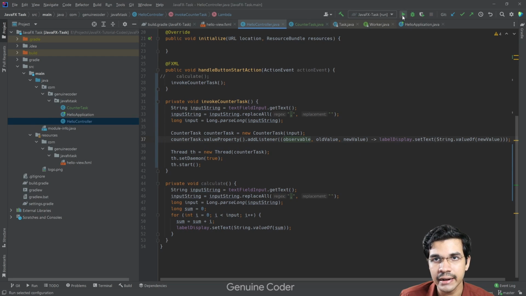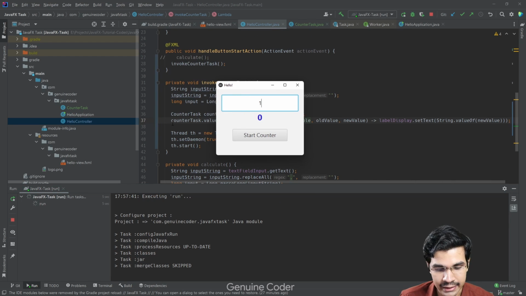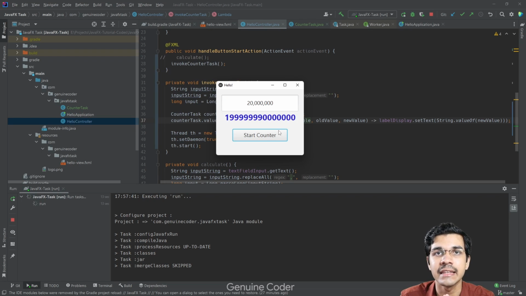Now let us go ahead and run our program and see if what we have done so far is working. So here is our hello, and last time the problem happened mostly with 20 million, right? So let us give the 20 million value and start the counter, and you can see that it completed very fast. Also it showed the intermediate steps. So I will increase the complexity here. I will make it 50 million, and you can see that it is counting properly,